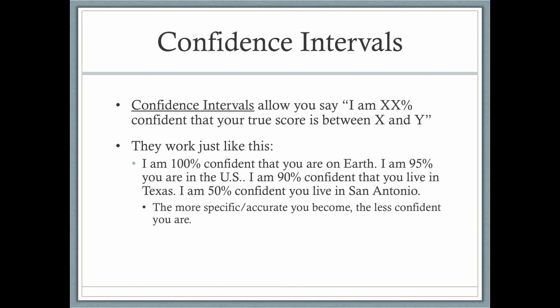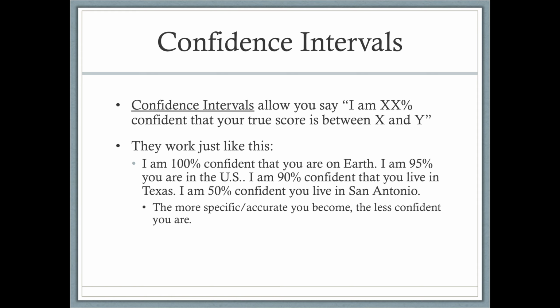So confidence intervals work like this. I am 68% sure, 90% sure, 80% sure that your true score is between X and Y, right? So you can imagine explaining these results to people who are unhappy with the results, saying, I could have done better. And we're kind of saying, barring exceptional circumstances, no, you might do a few points higher. You might also do a few points lower, right? You could have just guessed really well, right? You wouldn't say that, but you might think it. And so confidence intervals work like this.